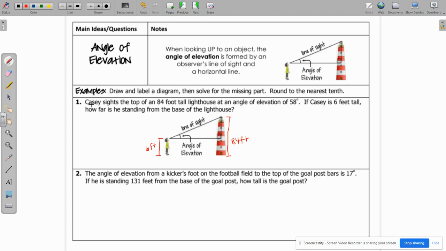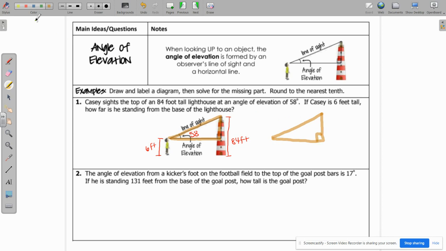The angle of elevation: it says Casey sights the top of the 84-foot tall lighthouse at an angle of elevation of 58 degrees. So if Casey were just looking straight out, that would just be this horizontal line. But Casey looks up to the top of the lighthouse, and this angle of elevation right here is 58 degrees. So hopefully you can see that the triangle we're working with is right here. You can see it drawn in. So if I drew that off to the side over here,